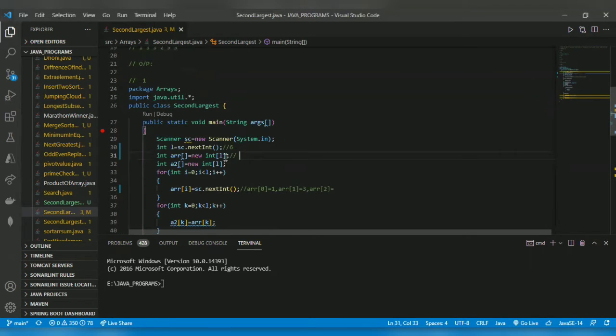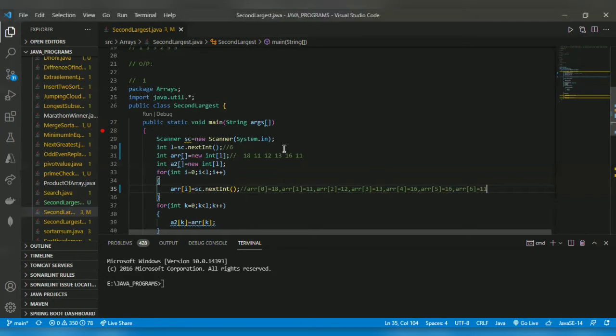So 18, 11, 12, arr[3] equal to 15, arr[4] equal to 16, arr[5] equal to 16, arr[6] equal to 11. Likewise, the elements will get stored in the first array.